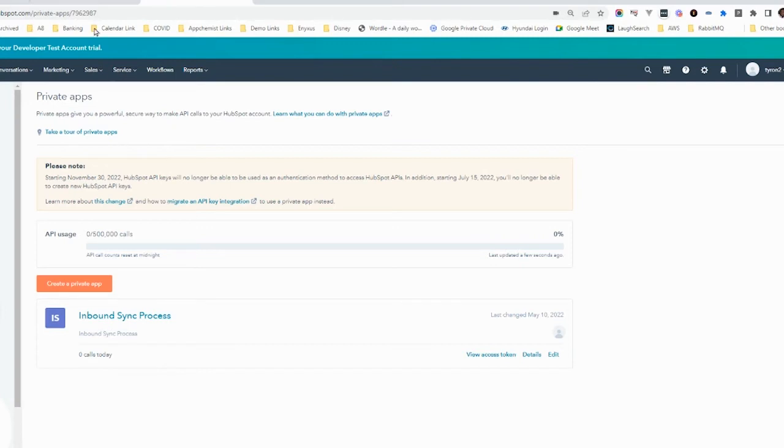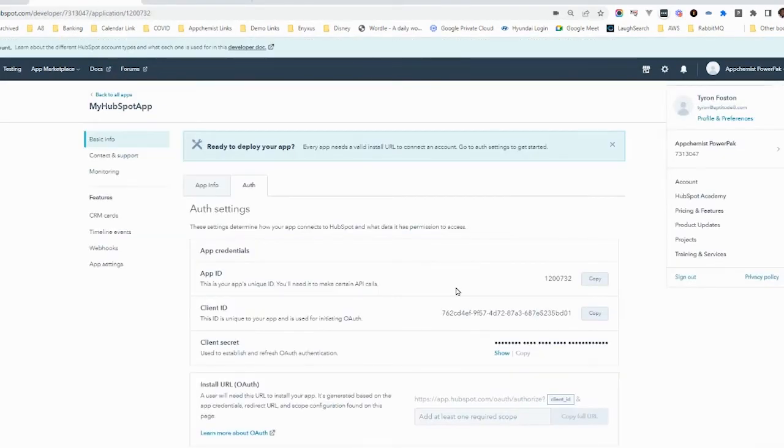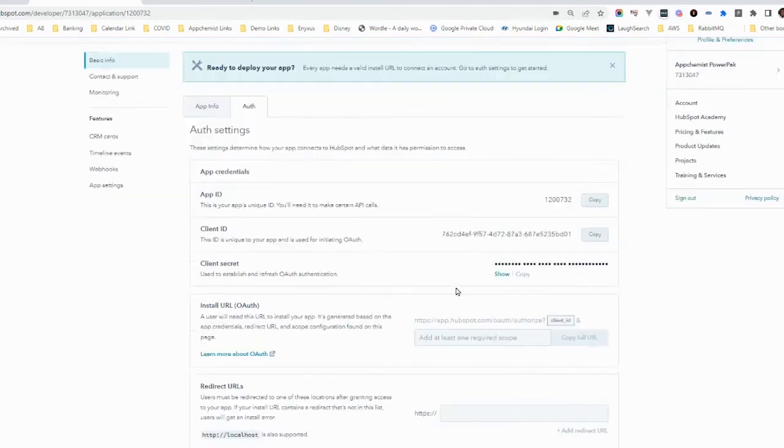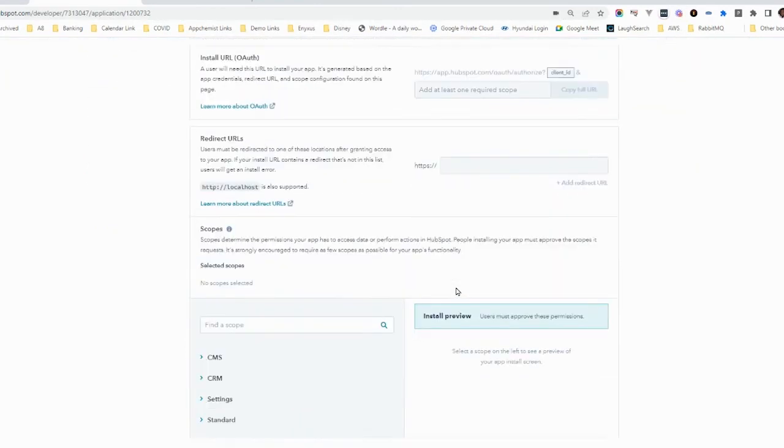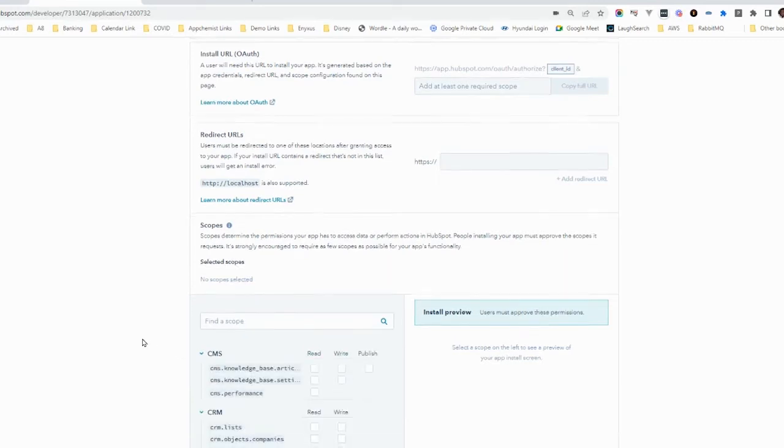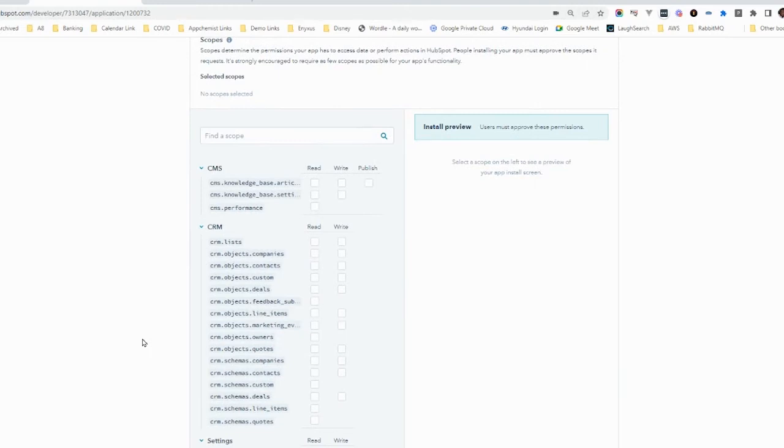Okay. So going back to both apps, once you give your app a name, you'll then really need to concern yourself with scoping and security. Scoping and security really allows you to set the stage for what your app can and cannot access. HubSpot is currently phasing out the use of API keys, which is good. But you want to basically lock down your app to only request and modify things that you need. This is good for your app because it makes sure that you can only access things that you need, and it also reduces your risk.